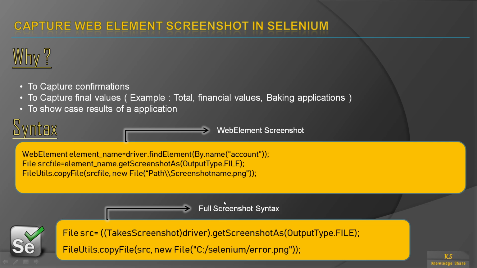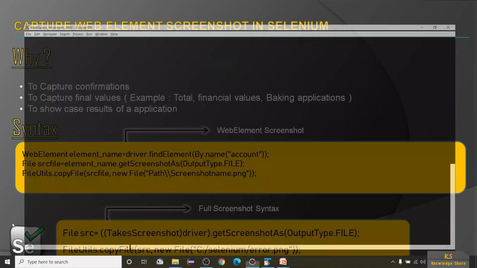The difference between the full screenshot and capturing an individual element is you are not casting the TakesScreenshot, or you are not using that here, but you are directly giving the web element name dot getScreenshotAs, which is the feature available only in Selenium version 4. Okay, so let's switch to Eclipse and let's see how this can be done.